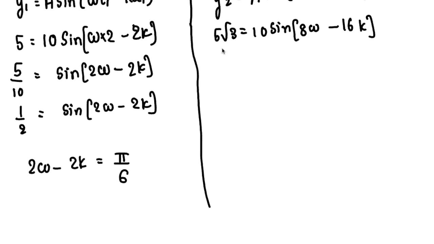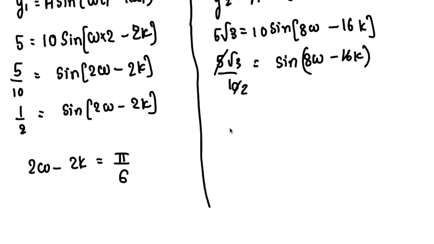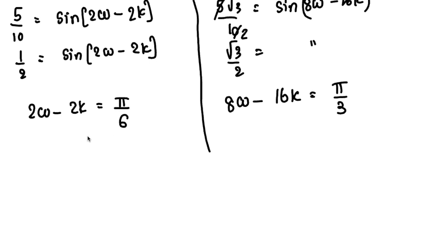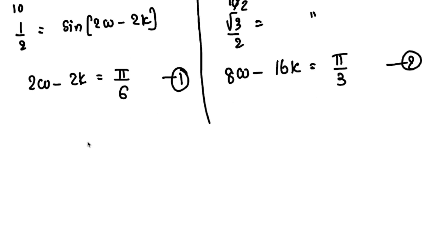Similarly, here 5 root 3 by 10 equals sine(8 omega minus 16k), so root 3 by 2 equals sine(8 omega minus 16k). But only if theta equals 60 degree does sine of theta become root 3 by 2. So I can say that the phase 8 omega minus 16k equals pi by 3, that is 60 degree. From here we are getting one equation, and here the second equation. Now solving both of these equations,